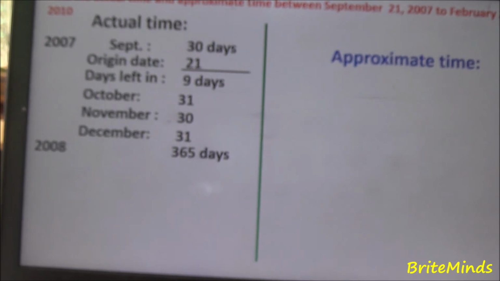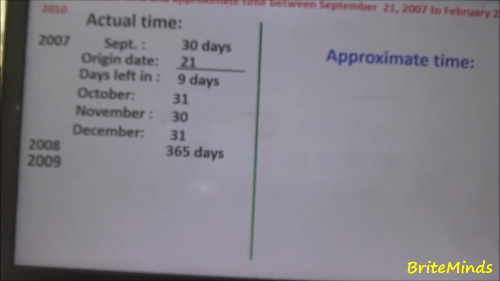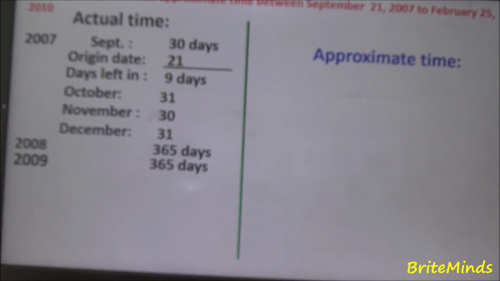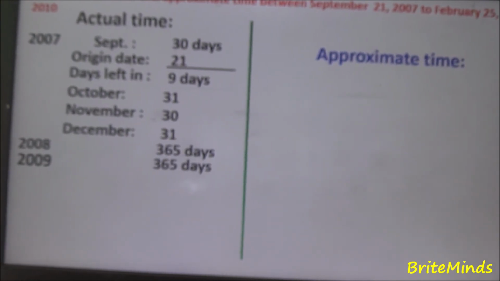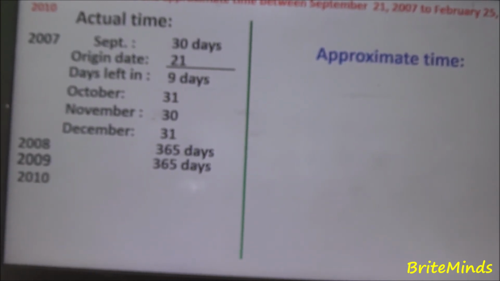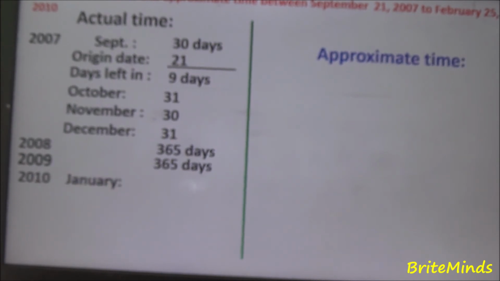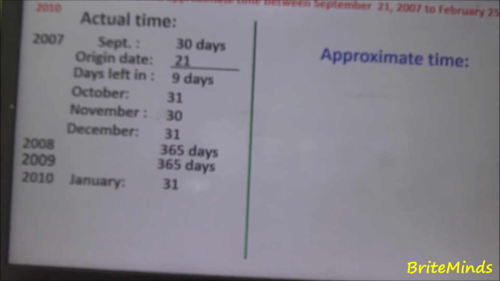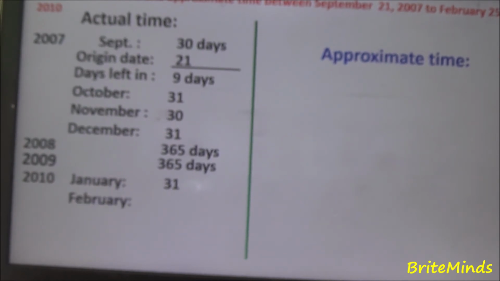And then the year 2009 also has 365 days. And then we continue to the year 2010. January has how many days? 31 days. And then the month of February, the maturity date is 25.